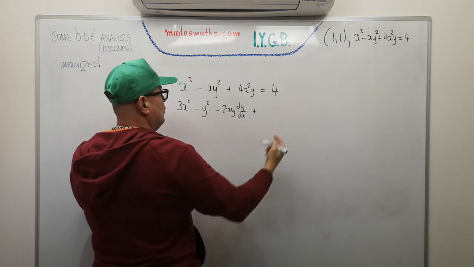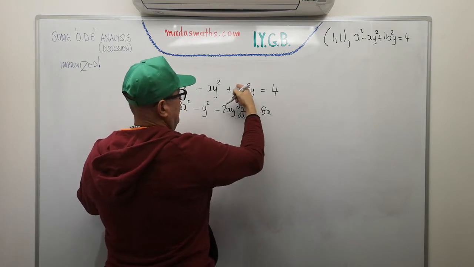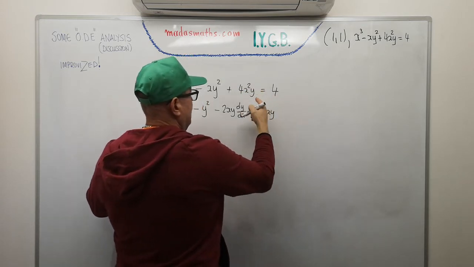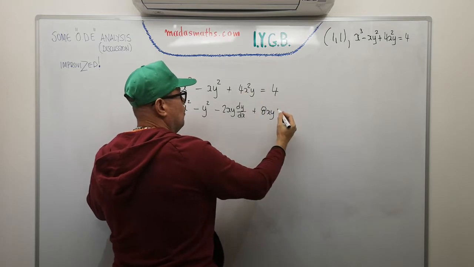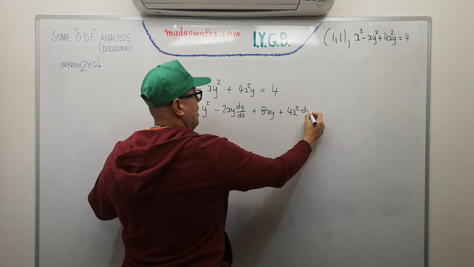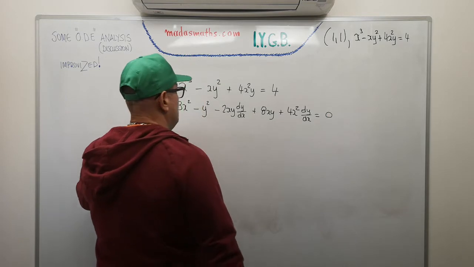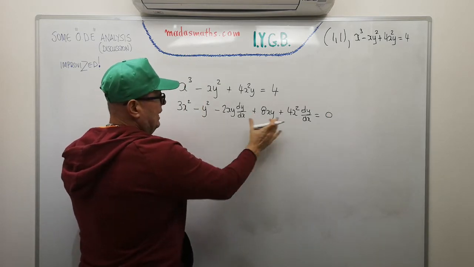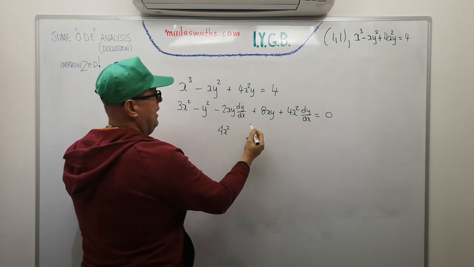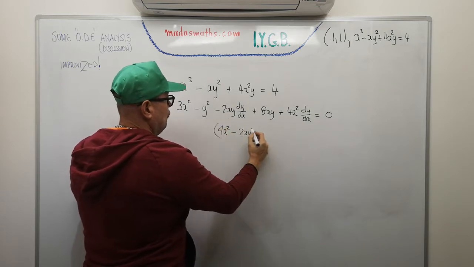Plus, we have another product there, so we're going to get an 8x when we differentiate the first bit, times the y, and then we differentiate the second item in this product, which is the y, which is going to give us plus 4x squared dy by dx. And of course the 4 will differentiate to 0. So all we need to do is form the differential equation by collecting the dy by dx terms. So that's going to give me 4x squared minus 2xy lots of dy by dx,